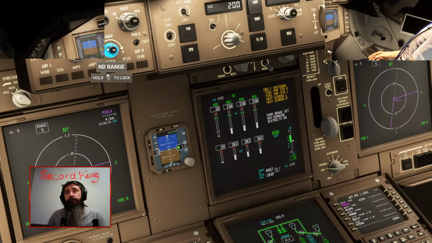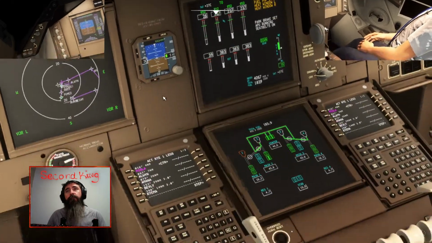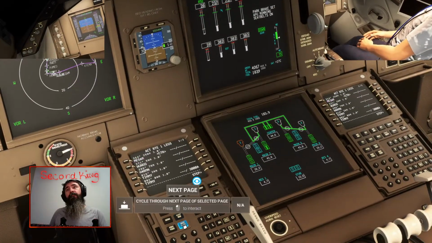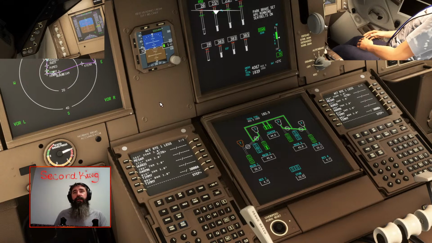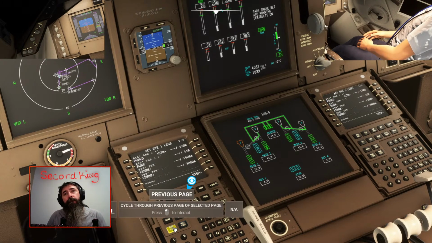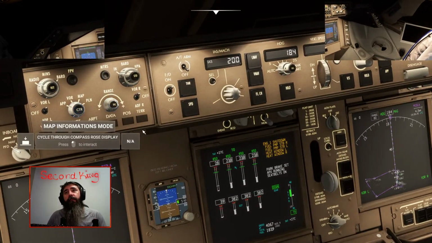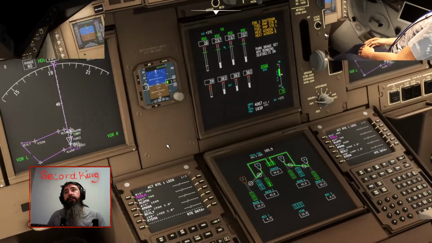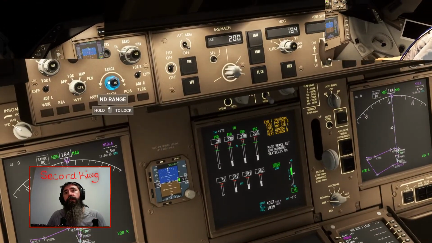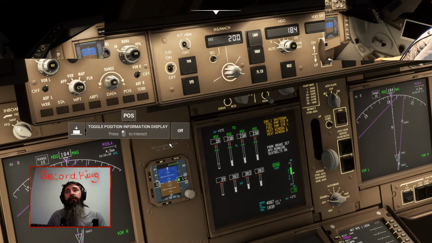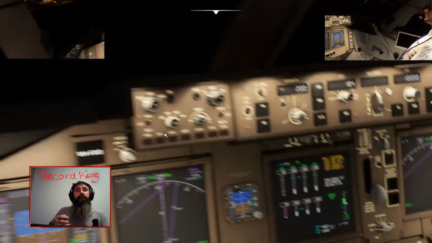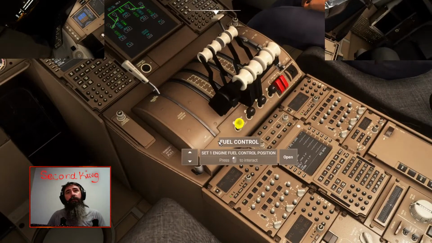Zoom out. That looks good. It's just a bit of a pattern. Take off and land. Yep. Let's go back to map. Zoom in a bit. Engine 1.